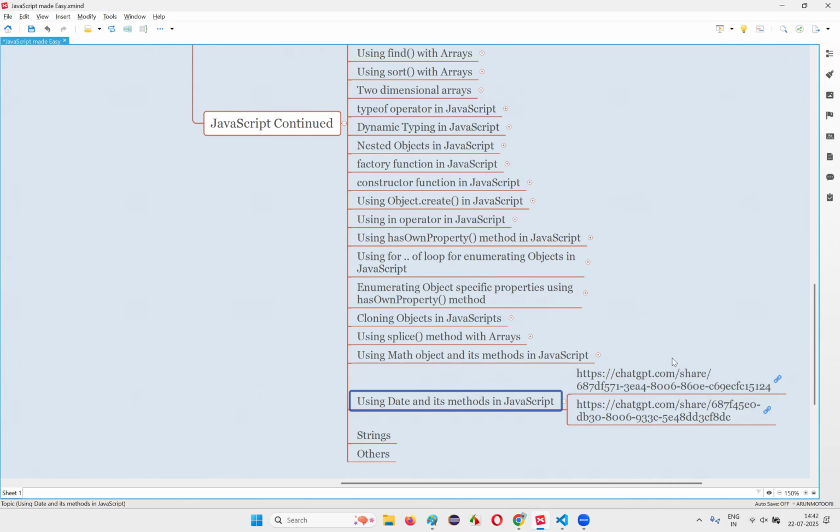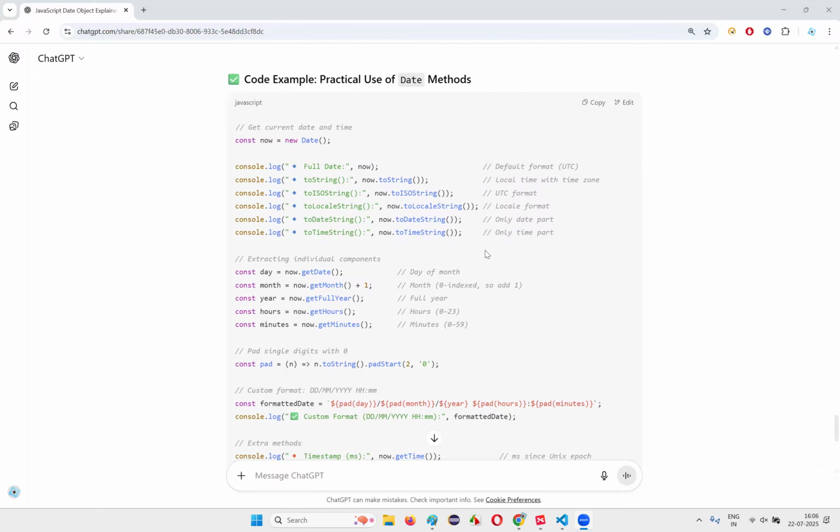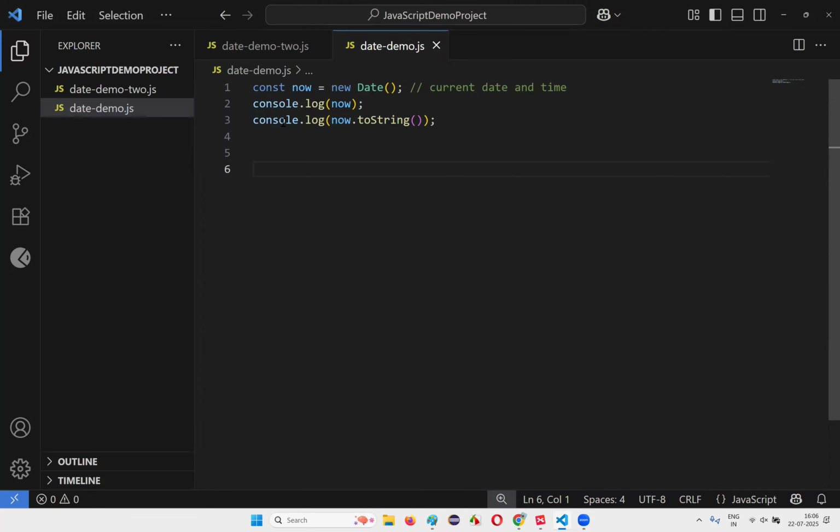We'll continue the remaining part from here in the same session. Okay, let's wait for this. So let's use a few methods here. For that, let's come here, and we already have used toString. So instead, remove this and